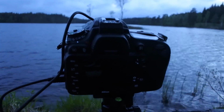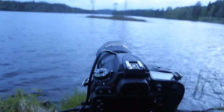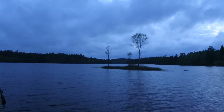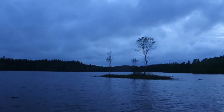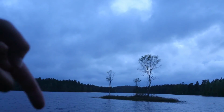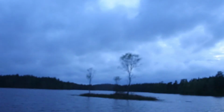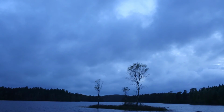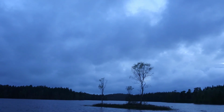Yeah, well, let me show you the composition that I'm using. Here you can see the camera, and it's pointing straight into this little island here. It's basically kind of zoomed in, so perhaps something like this. So we have nothing special in the foreground here. This is kind of getting to be the foreground, and then we have the clouds up here, which are kind of cool. Anyway, that's not the most interesting composition ever,